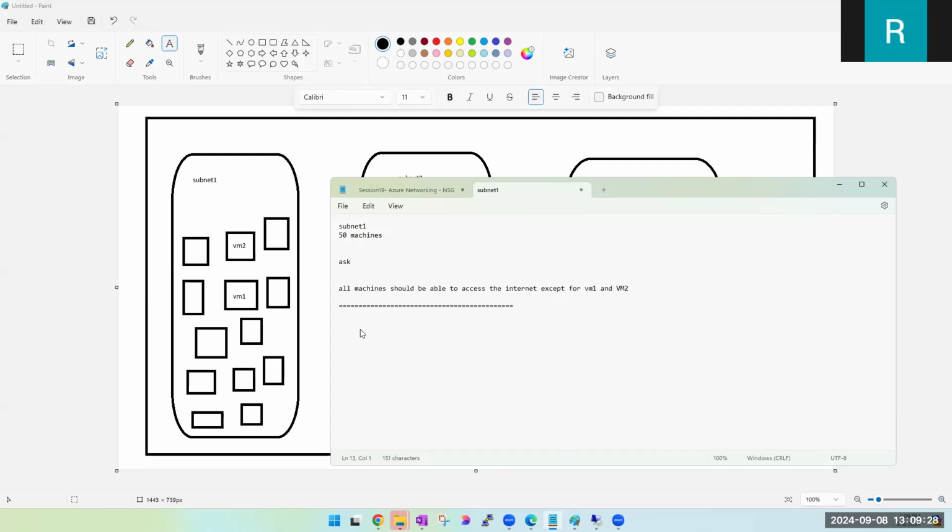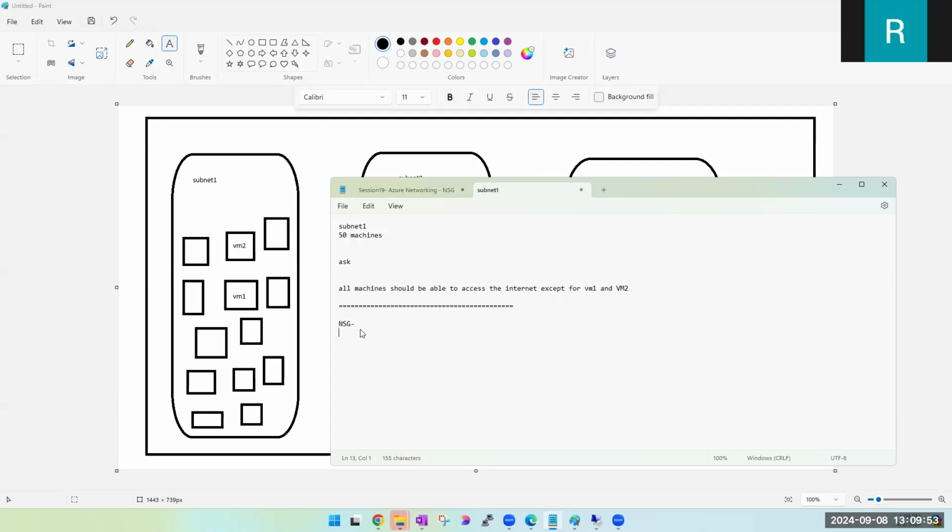Okay. So for that, while assigning the network security group to subnet one, I'll be using the NSG service. So you are using NSG in this case, right? Yes. Now we know that we are doing NSG, so I'm okay with it. But in an interview, take the name of the service first. Sure. You're using NSG. Then what? How are you applying NSGs?